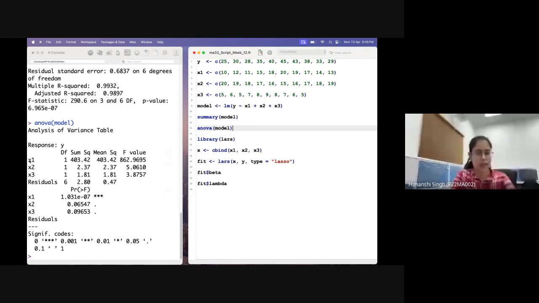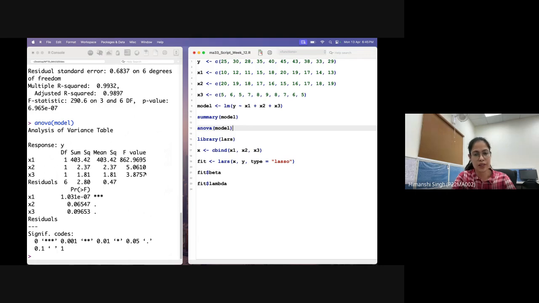Here these are the explanatory variables x1, x2, x3, and the degrees of freedom for each explanatory variable will be 1, 1, 1. If we add them, it will be 3, which is for the regression, but individually it is 1, 1, 1. The sums of squares due to x1, x2 and x3, if we add all three, give the sum of squares due to regression. The mean square is the division of the sum of squares by the degrees of freedom.